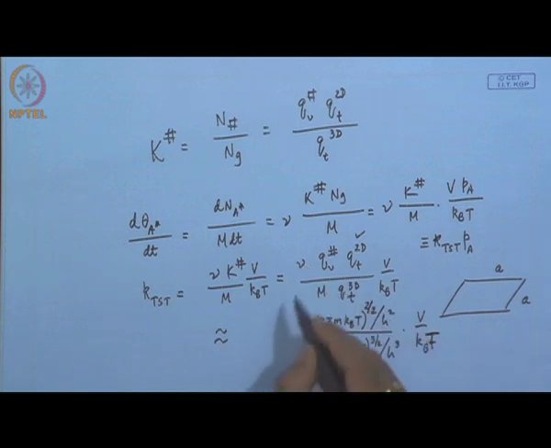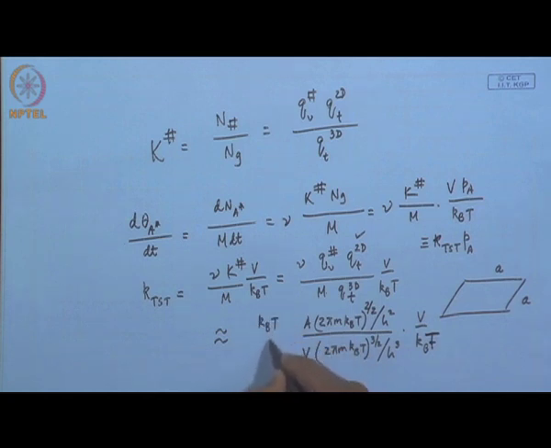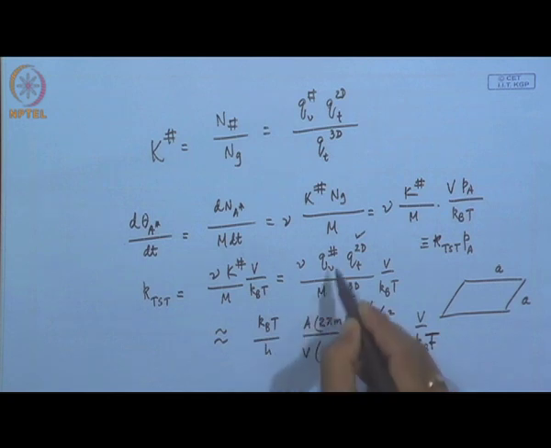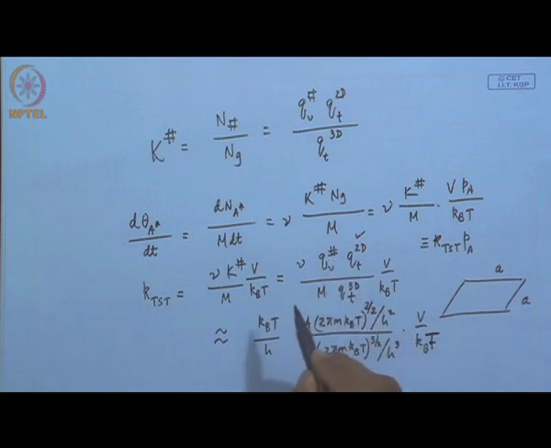So, you can write for this case, express this remaining part, you can write kB T by h, basically kBT by h, because this represents the partition function for your vibrational thing. Okay. So, what you end up at is